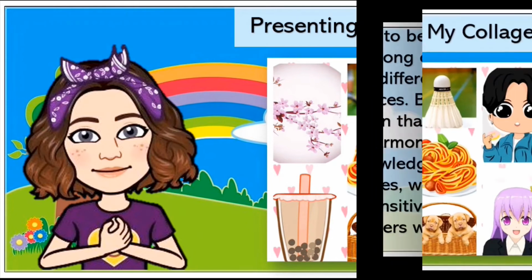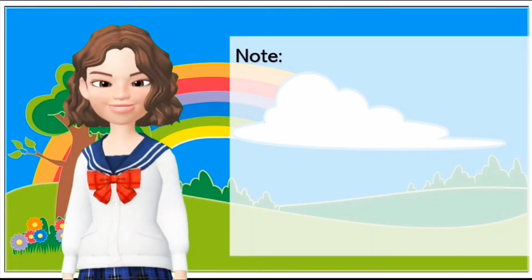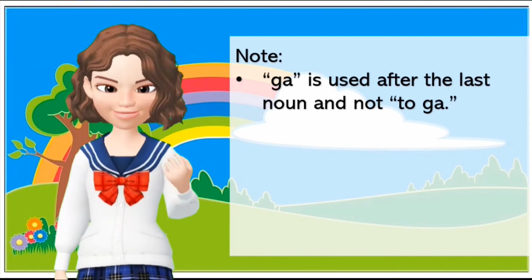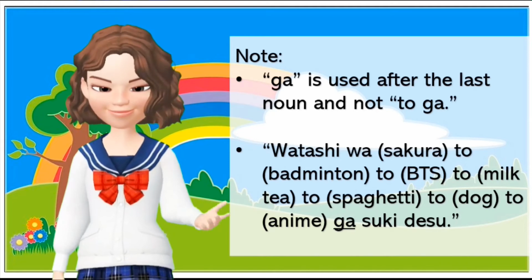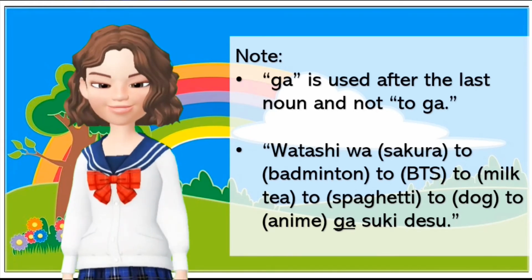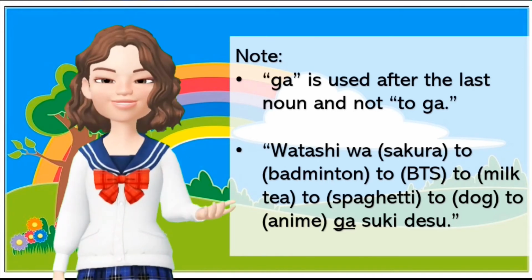Presenting my collage. 聞いてください。私はさくらとバドミントンと BTS とミルクティーとスパゲティとドッグとアニメが好きです。Note. が is used after the last noun and not と. Example: 私はさくらとバドミントンと BTS とミルクティーとスパゲティとドッグとアニメが好きです。